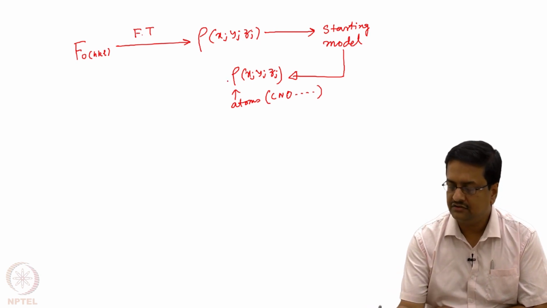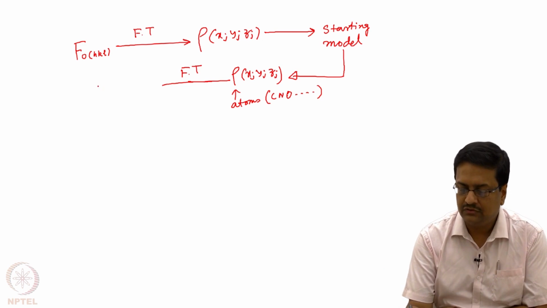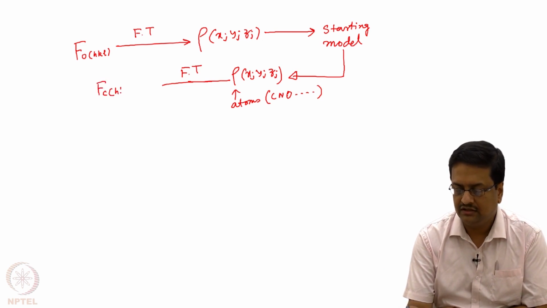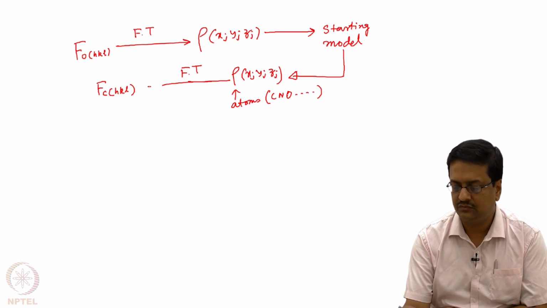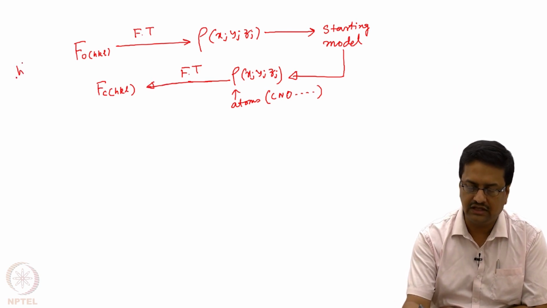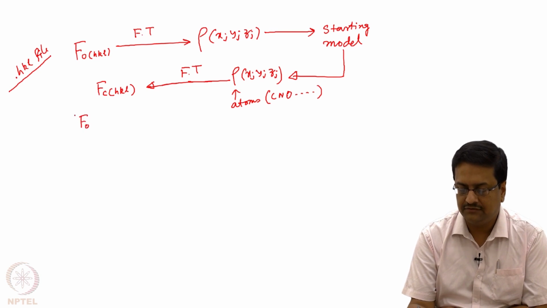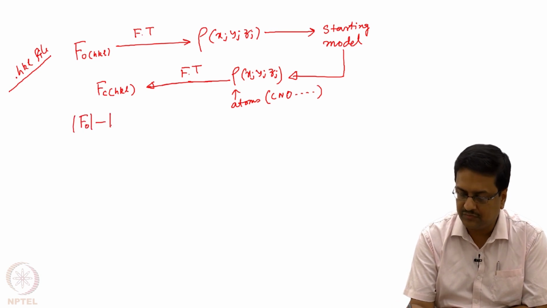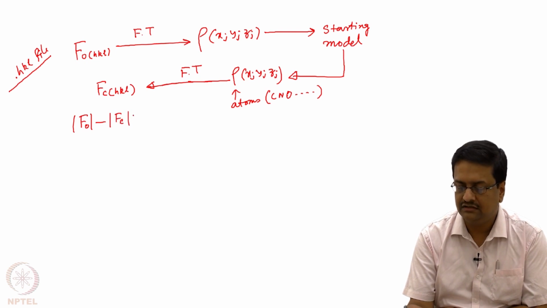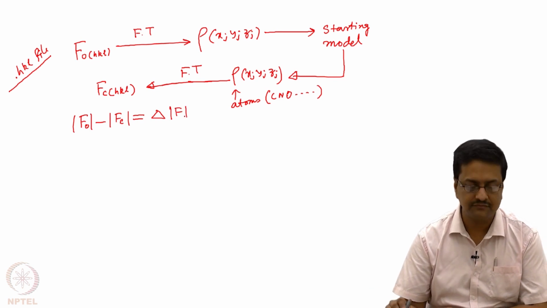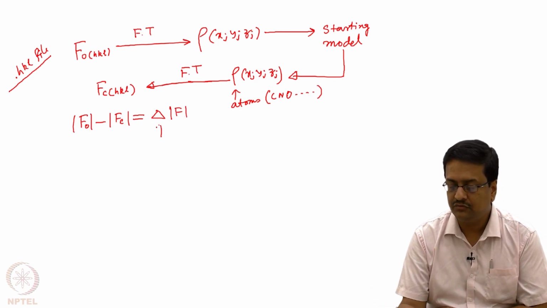And then after assigning those atoms, we again do a Fourier transformation in this rho to get the F calculated HKL for all the reflections that we have in the .HKL file. So then we of course take the difference, modulus of F observed minus modulus of F calculated. We write it as mod of delta F, and we try to minimize